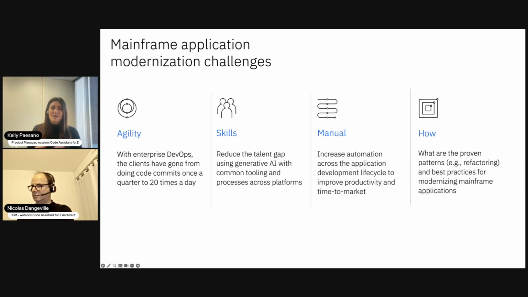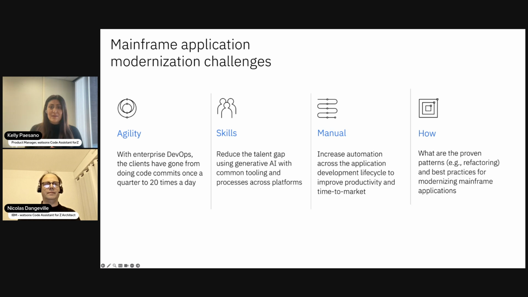What are the challenges? It's more the history behind the COBOL in the mainframe applications. First, agility. Mainframe applications have been built and expanded over time. They're often large monolithic applications, so they can be really difficult to modernize quickly. But companies need agility and they need to grow quickly to scale their businesses.